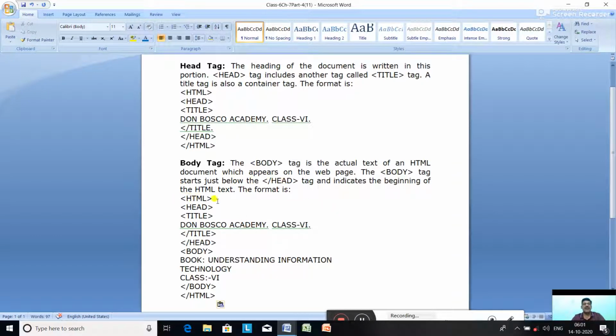See, first we open the HTML, then you open the head, then you open the title, type the title, Don Bosco Academy class 6, close the title, then close the head, and after closing the head, the body will open. Suppose the body is Book Understanding Information Technology class 6. This you want to print on the web page. Then close the body, close the HTML.